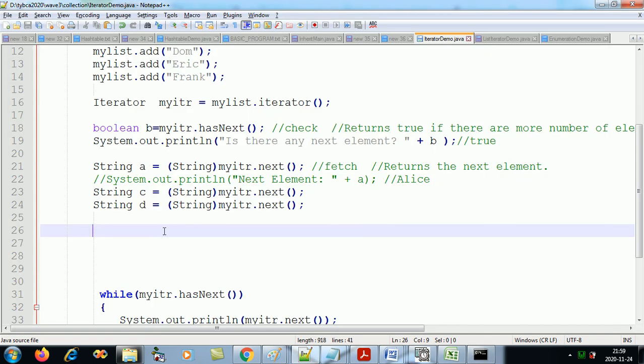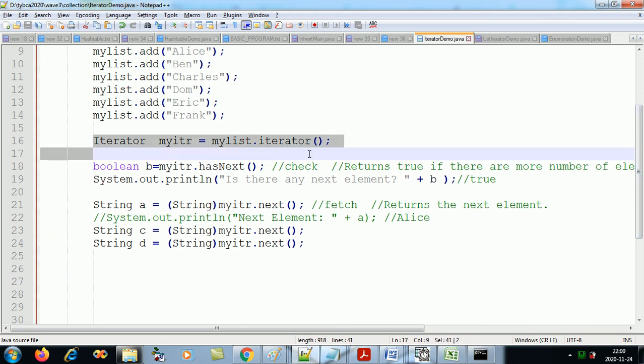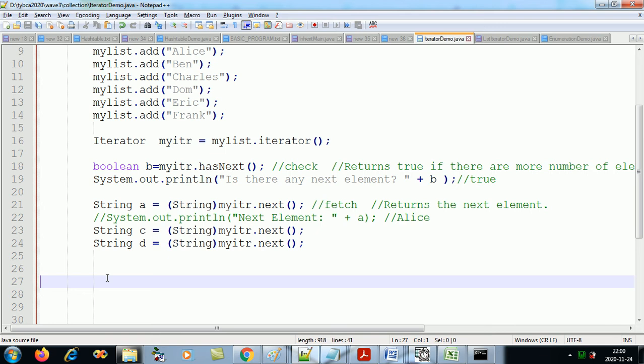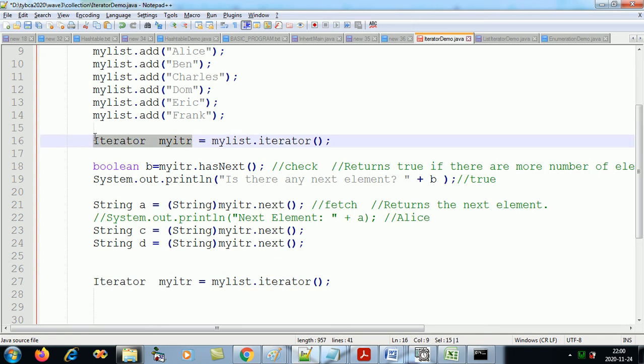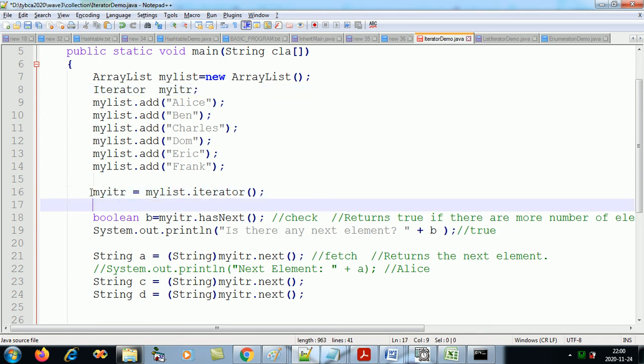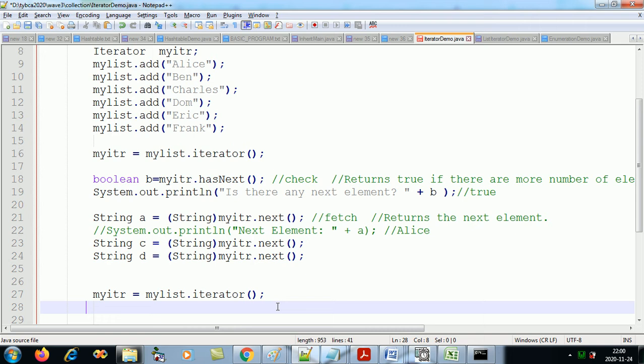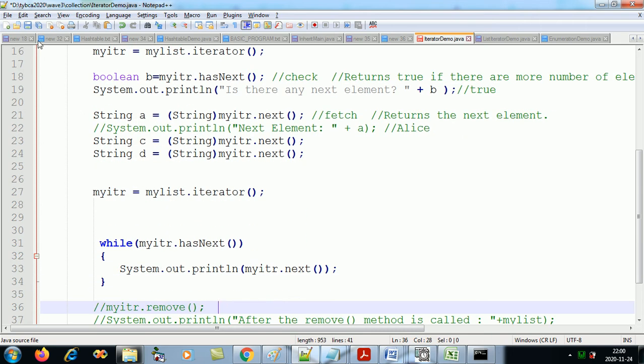Clear? Okay, if you want to reset it, you can call this method again. But now I cannot use this statement twice. What I can do is make a reference on top, and I can just do this, because you can't declare the same variable twice. So now this has again come to the start, and when you iterate this, it will show you from the start.